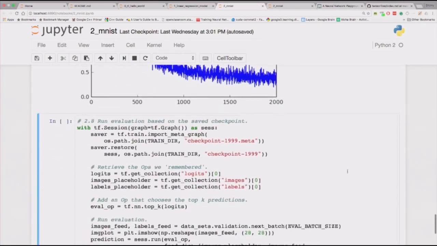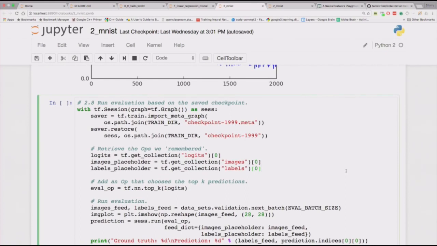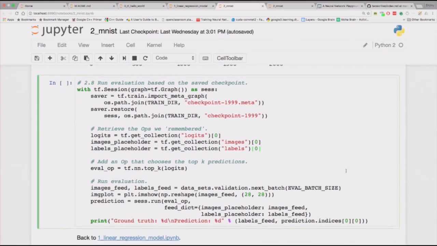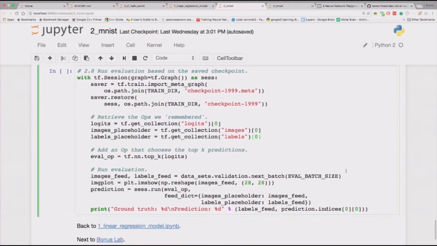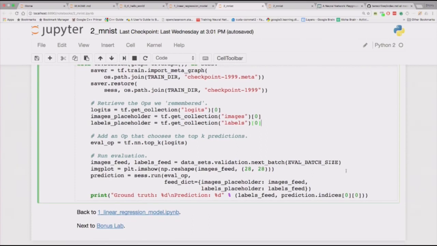Have no fear. All right, let's move on to 2.8, if you are not already there. So can somebody tell me what we're trying to do first? That's right. First, we load the checkpoint, and you remember all the things that we told our program to remember: the logits, and the image placeholder, and the label placeholder. How are we going to use it now? We're going to feed it some images from our evaluation and see what it thinks. So now if you hit return,